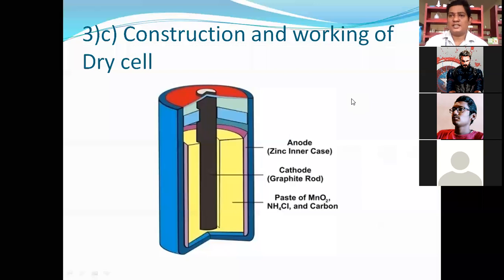Now I'll ask you a question. Which type of reactions are identified in primary and secondary cells? When the question is asked in your examination, explain the construction and working of the dry cell or the Leclanche cell. This question was asked for 4 to 5 marks in the previous examination. The best example for the dry cell is the zinc primary cell. It is a combination of anode, cathode, and electrolytic medium.